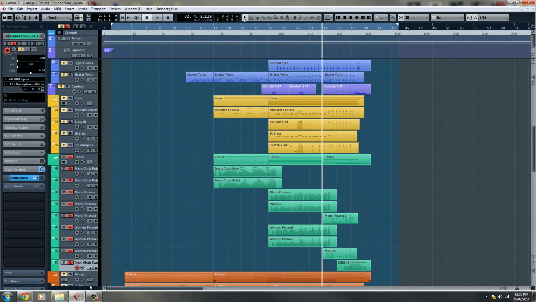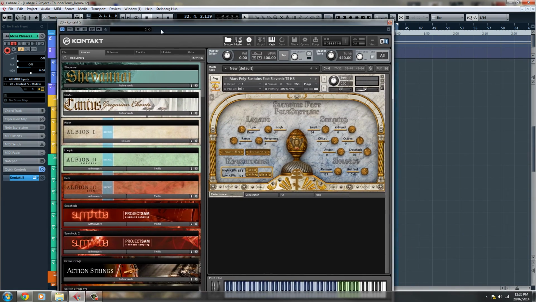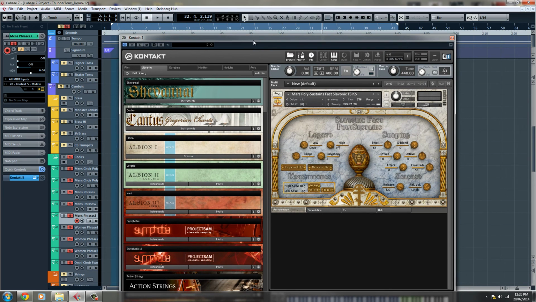The choir swoop is actually from Omnisphere. But the phrases here, I wanted to highlight something to you. And this is a neat trick that came as a result of making this track. The tempo is 102, and